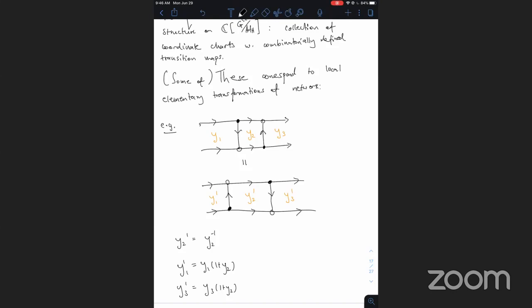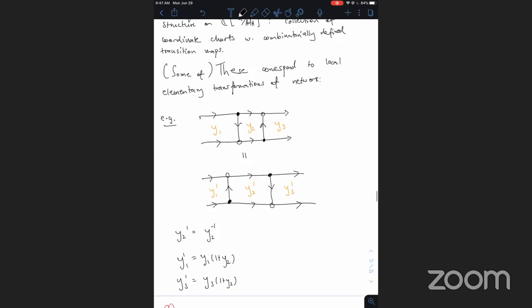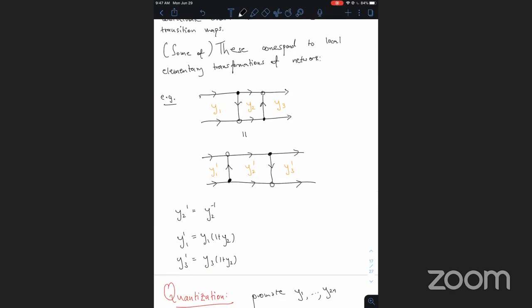So the black vertices have now become white vertices, or white have now become black. All right, and now you can convince yourself that if you reparameterize the faces, the faces of the new network are now going to have some weights y1 prime, y2 prime, y3 prime. And if y1 prime, y2 prime, and y3 prime are related to the original y1, y2, y3 by these